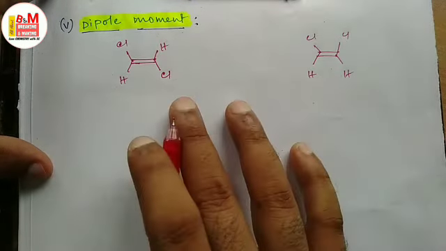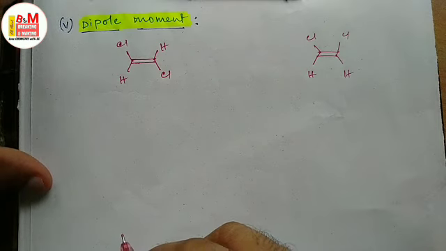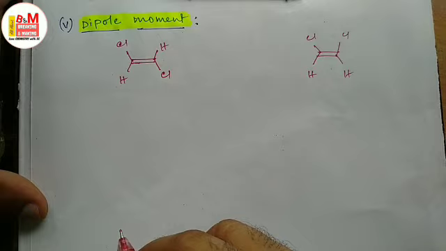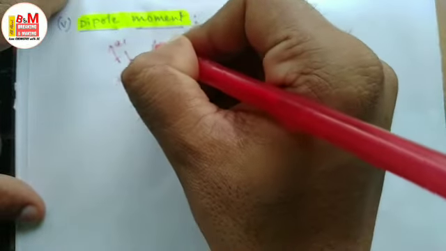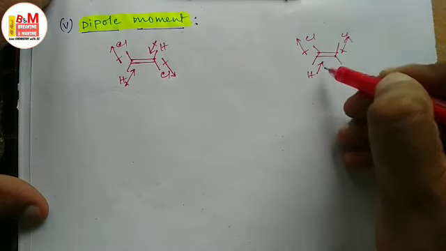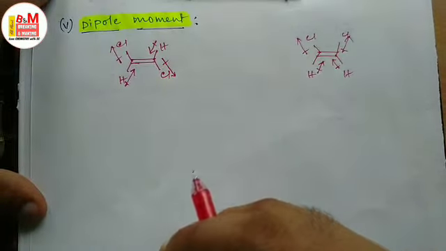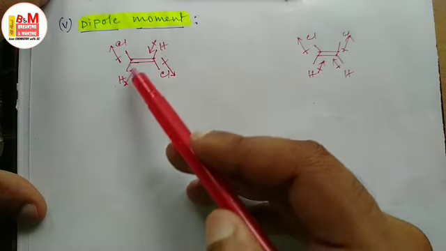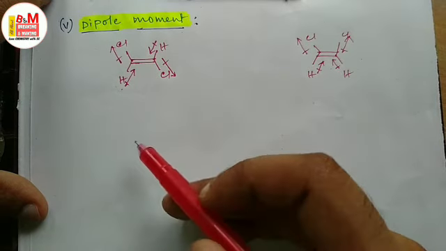So dipole moment is represented by an arrow which goes from the electropositive atom to the electronegative atom, which dictates the electron flow in the system. So here the arrow will go from carbon to chlorine, here also from hydrogen to carbon, here also from hydrogen to carbon. Similar case will be for the cis isomer. Now these carbon hydrogen moments will not be considered. We will not consider these carbon hydrogen bonds. Here only we will talk about the carbon chlorine bond, C-Cl bonds.